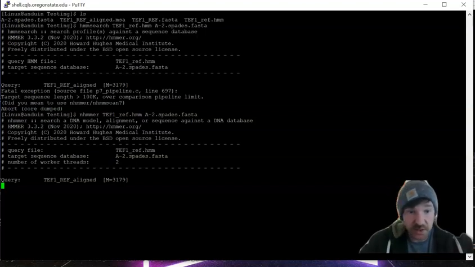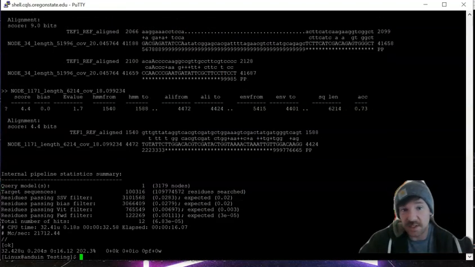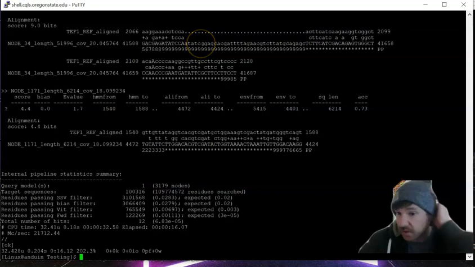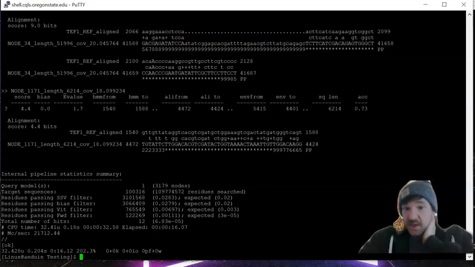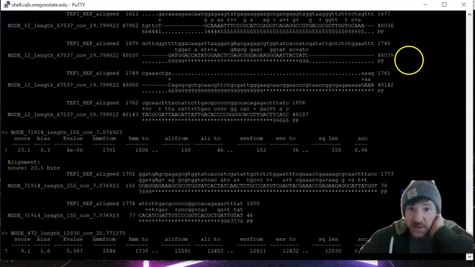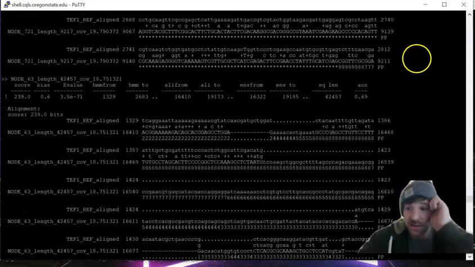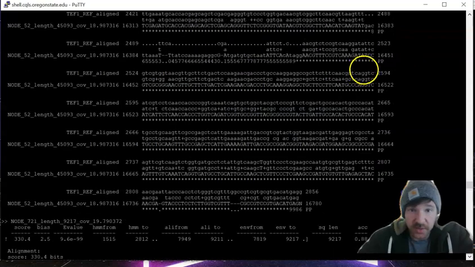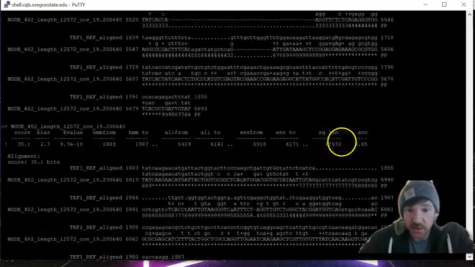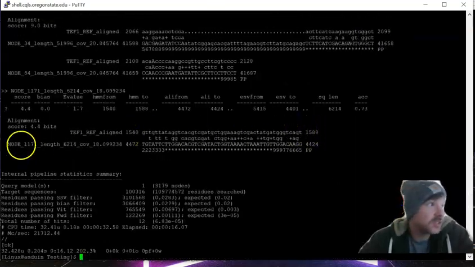It's now searching through the genome and looking to see if there are any matches with the TEF1 alpha gene, based off of the file that we use that contains over 1,800 different gene sequences. And so you can see that we have some hits here, and the output is a bit convoluted and kind of complex. So to get past this,